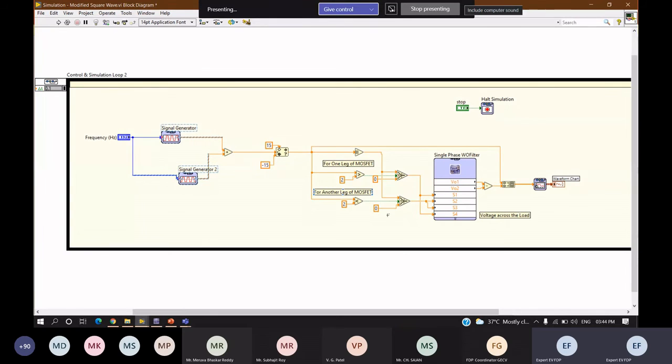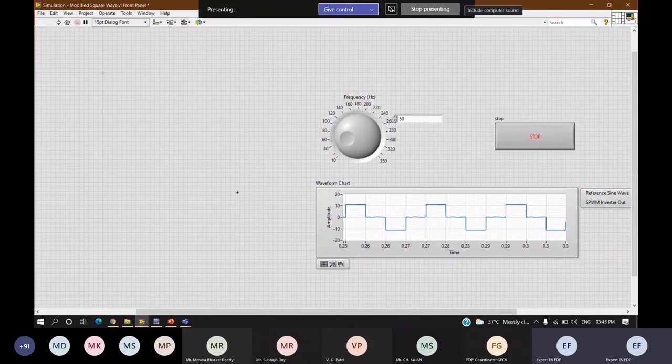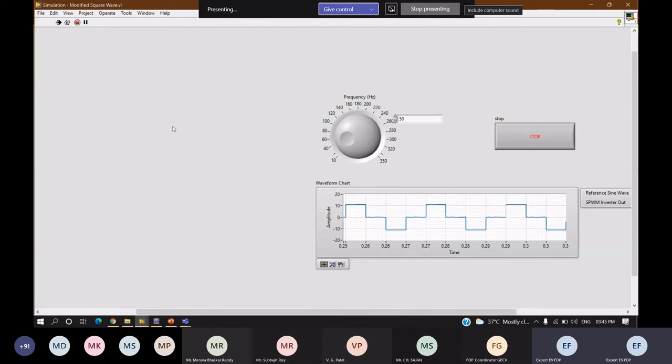Based on the signal, we are providing a trigger pulse. So this is the modified square pulse, the modified square reference. So if I run the output, you'll be getting both the reference as well as the SPWM, the final output.